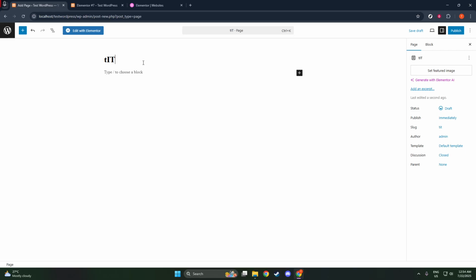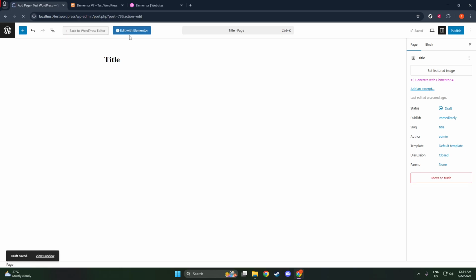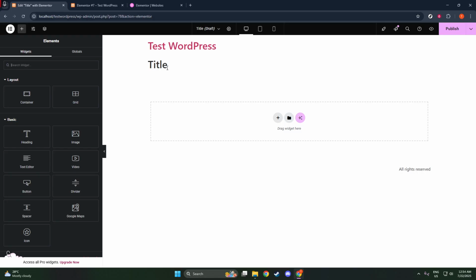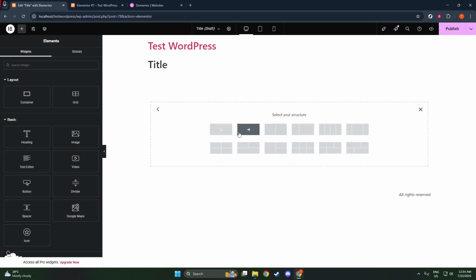After publishing, you're ready to take it to the next level by clicking Edit with Elementor. This is when the fun happens. Elementor allows you to design your homepage content visually, offering a drag-and-drop interface that's both intuitive and incredibly powerful. Spend some time here customizing your layout, colors, and elements to fit the vision you have for your site. Remember, a homepage often serves as the first impression of your website, so make sure it truly captures what your